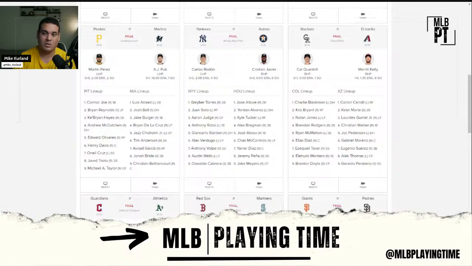They started Tellez, a lefty, over Suwinski the day before yesterday, and then yesterday Edward Olivares, who pinch hit for Tellez, by the way, in the first game, finally got the start. And you expect Olivares to start most days against lefties because that's his strength. So you can see Olivares getting that playing time against lefties, weak side platoon. Tellez and Suwinski mostly in strong side platoons, occasional starts against lefties, but wouldn't expect a whole lot of production or playing time against lefties for them.